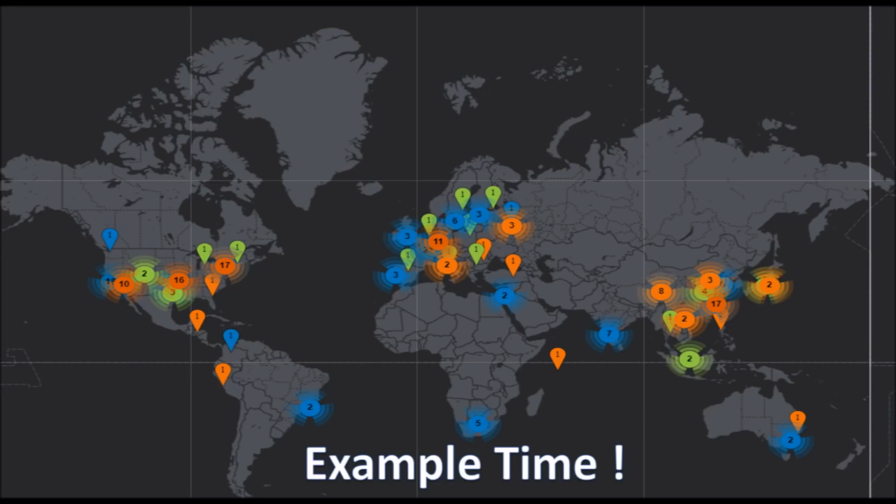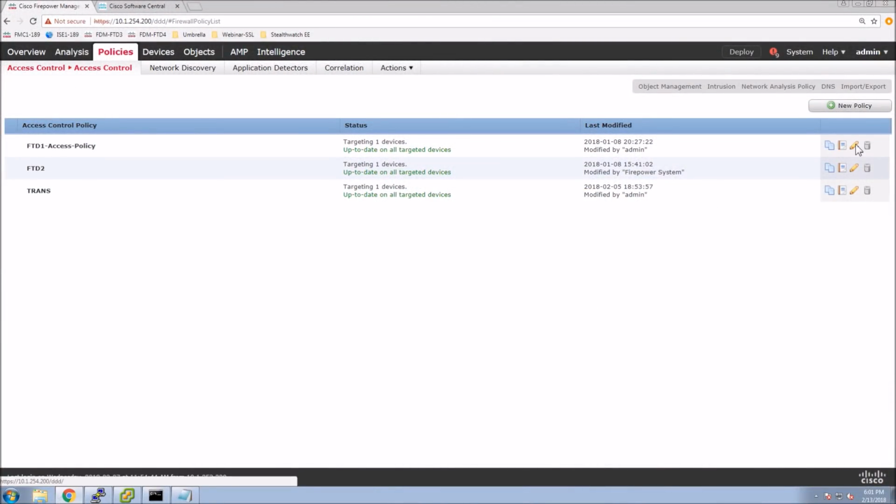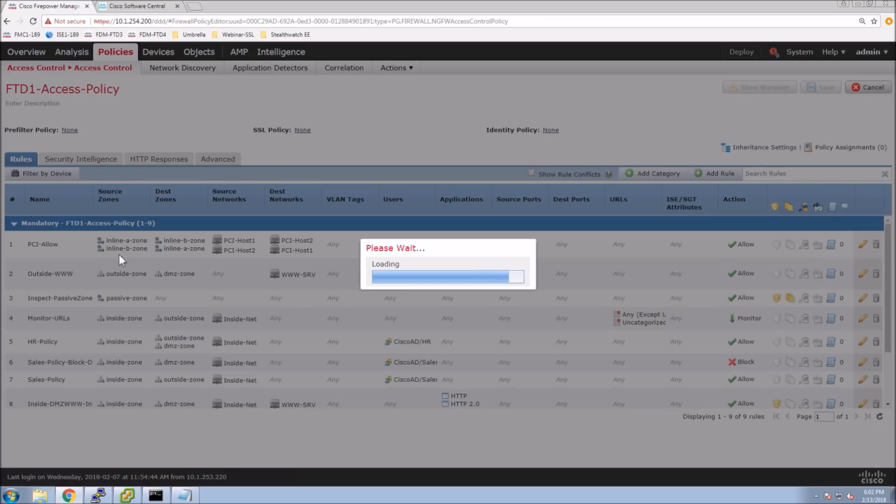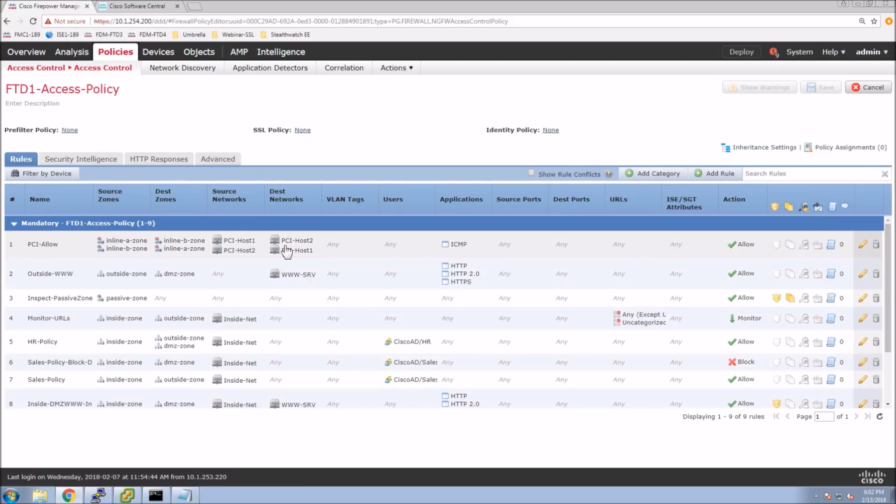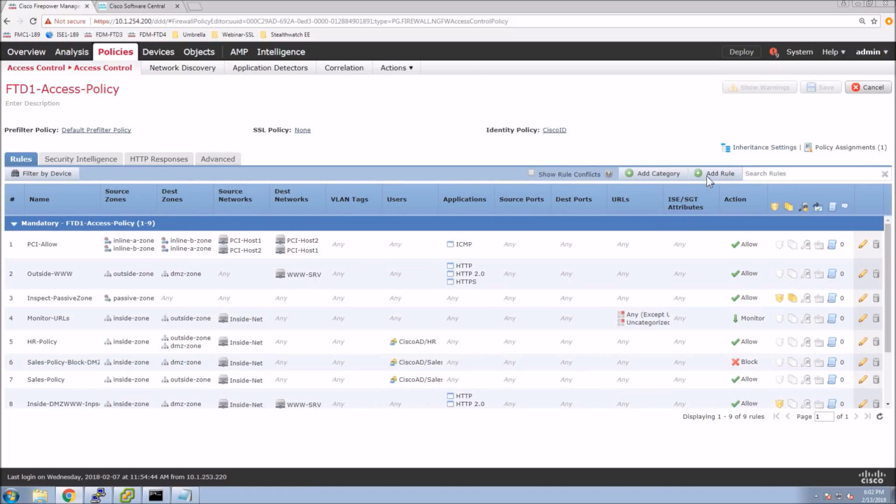So we're going to go through an example here where we look at a couple of services and consolidate them. And it gives us an opportunity to add additional security services to it, like IPS and malware. So first thing we're going to do is come in and edit the access control policy. We're going to add a rule, and then define the